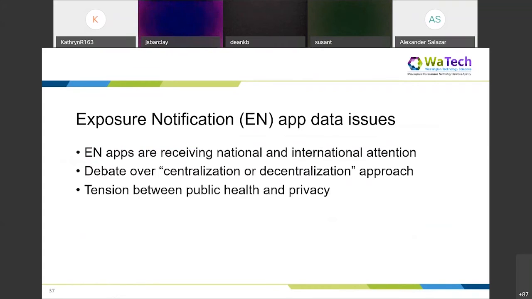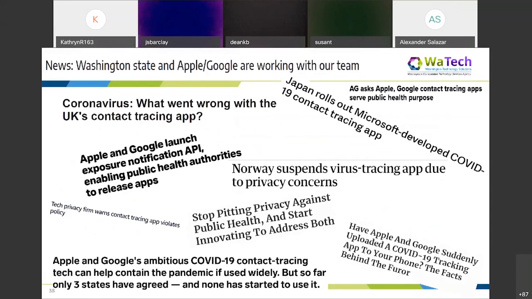So the next slide is just a whole bunch of articles ripped from the headlines. There are probably hundreds of articles you could read online about data collection and apps and what's going on in the world in terms of the use of technology and smart devices to try to combat the disease. So these are just some of the ones that I pulled recently.